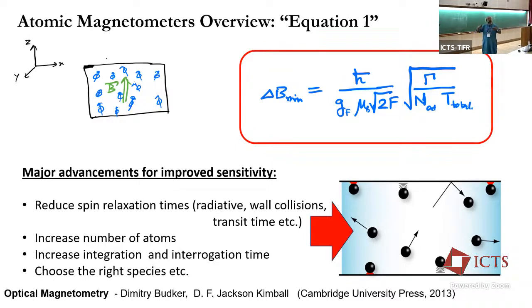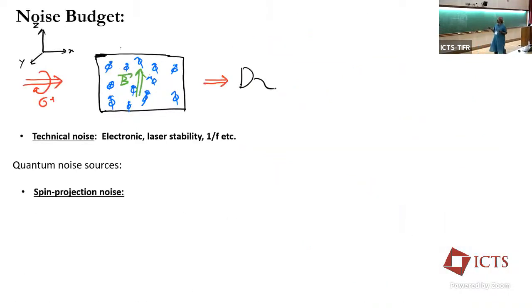So people put buffer gas, people put paraffin on the walls, so that the collisions are very smooth and nice, and so on. Of course, you would like to have a large increase in the number of atoms that are interrogating. The best magnetometers, the spin exchange relaxation free magnetometers, go to 10 to the 12, 10 to the 11 kind of number of atoms. If you integrate for long enough, provided your experiment is stable, that also takes you down. But that's not the whole story.